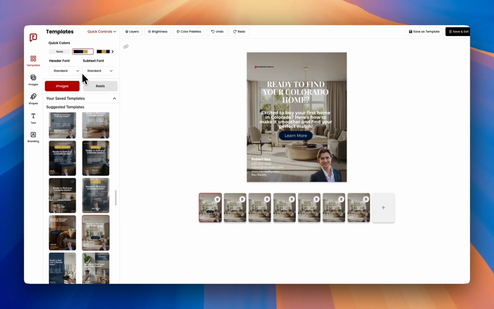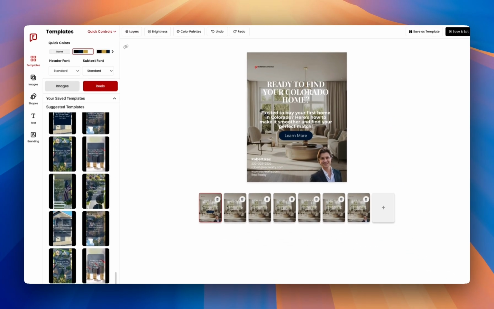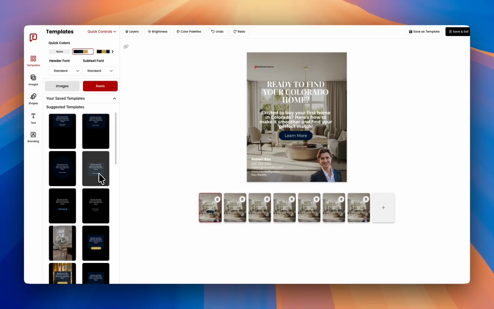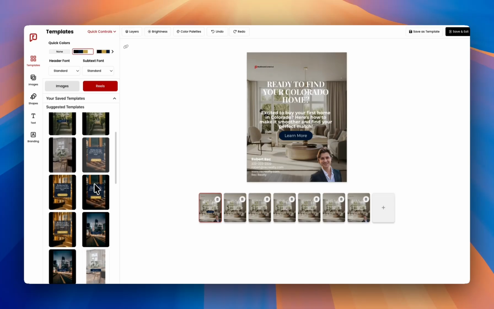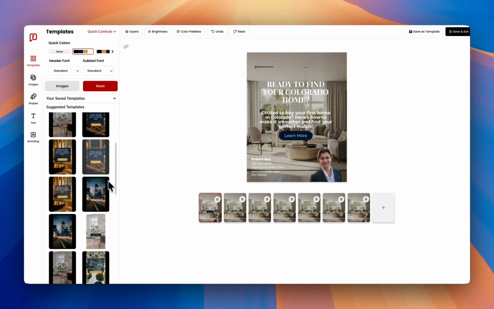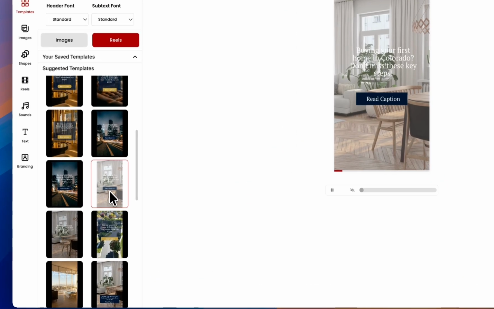Inside of templates, you also have the ability to click into reels. If you wanted to swap your carousel to a reel instead, you would just click on reels, and here you can scroll through and select a reel that you want to use. These reels all have background videos, shapes applied as decorative elements, calls to action, all of those good things applied automatically. So you can just simply scroll through, find one that you like, and it'll swap your carousel to the